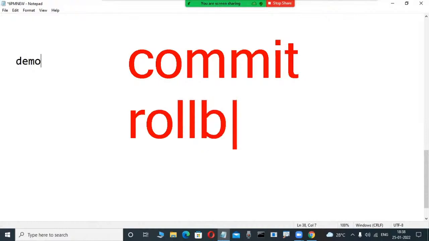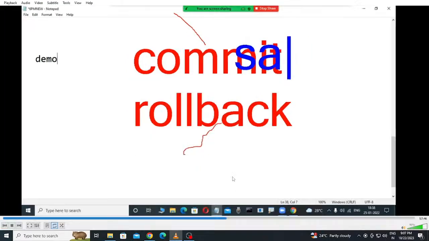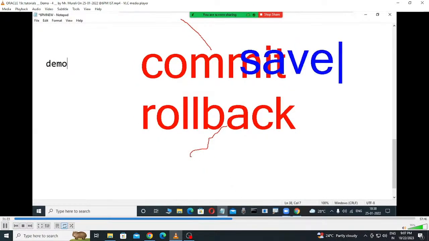This is a tool interaction demo, but I have suddenly included some extra knowledge: the commit and rollback commands. How we interact in the SQL language is easily understandable. This is most powerful. Commit means save, in every relational database. Commit means save. Rollback means the same as a Windows